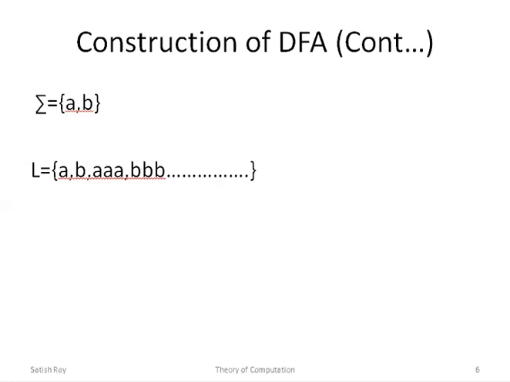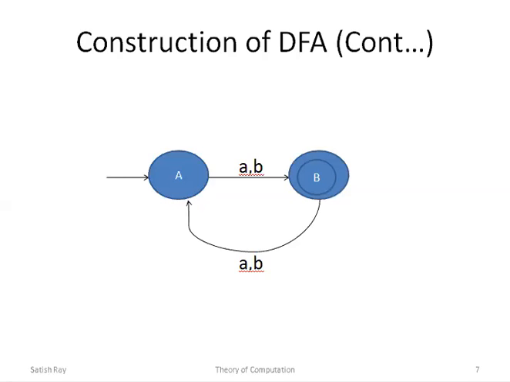So for now here we will try to make a DFA that will not accept the empty string, that will not accept the strings of length 2, 4, 6 and so on. And it will accept the string of length 1, 3, 5, 7 and so on. So here we have not made the initial state A as final, so it will not accept empty string. We have made the next state B as final, so it will accept a string of length 1